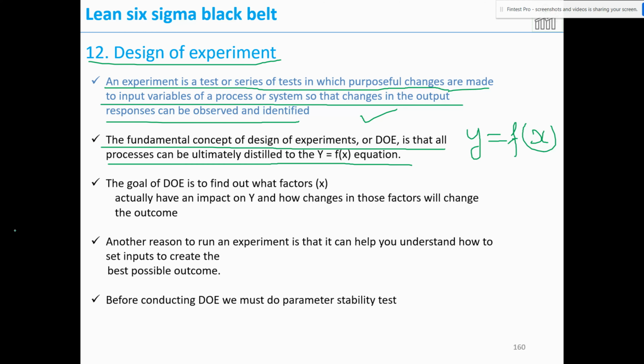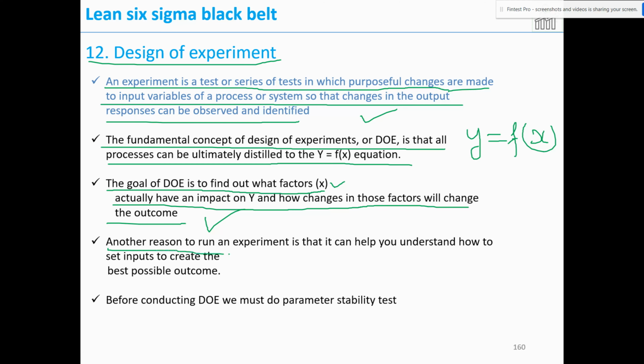Now, the goal of design of experiments is to find out what factors, called x, actually have an impact on y, and how changes in those factors will change the outcome. So based on changing the factors, that is the x's or inputs, we are going to see what the effect on the output will be.